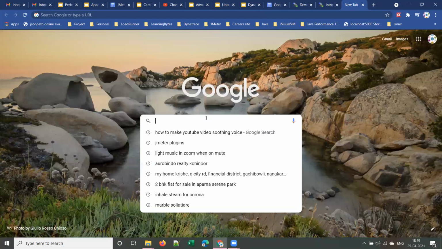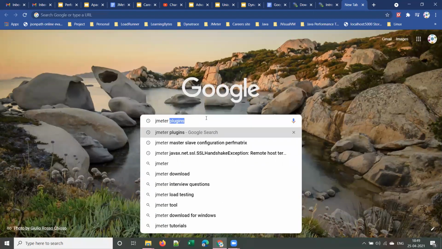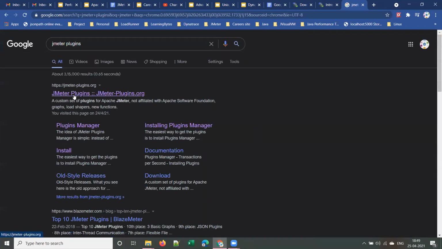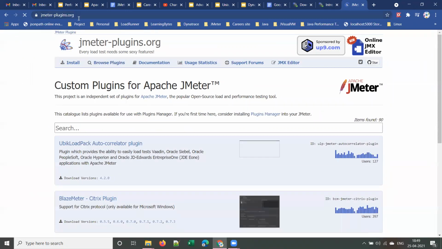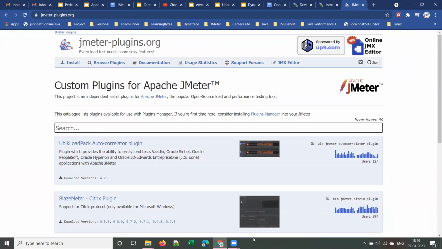Google for JMeter plugins and visit jmeterplugins.org. If you want to use any plugin, there are two ways. One way is to download the plugins manager and copy it to the JMeter lib/ext folder.